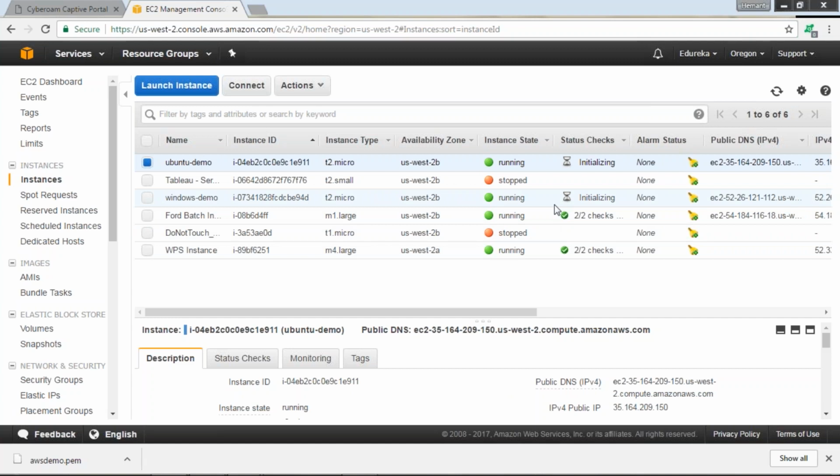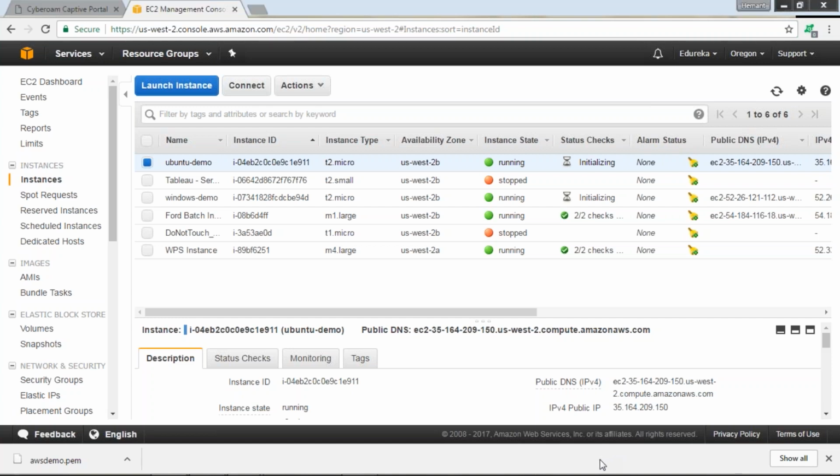Since it's taking more time, let me explain to you how you will connect to a Windows instance first. For connecting to the Windows instance, you have to make a remote desktop connection. When you launch a remote desktop connection, you'll be asked for the IP address. So just copy the IP address from the place which I just showed you, paste it over there and click on connect, right? Once you do that, it'll ask you for a username and password. By default, the Windows instances that you launch in your AWS infrastructure will have the username administrator, and the password you can decrypt by using your public key which you have downloaded, which we'll be doing in a little while, right?